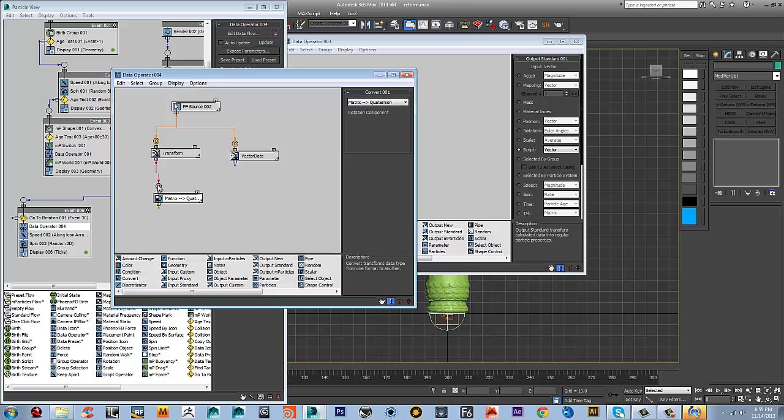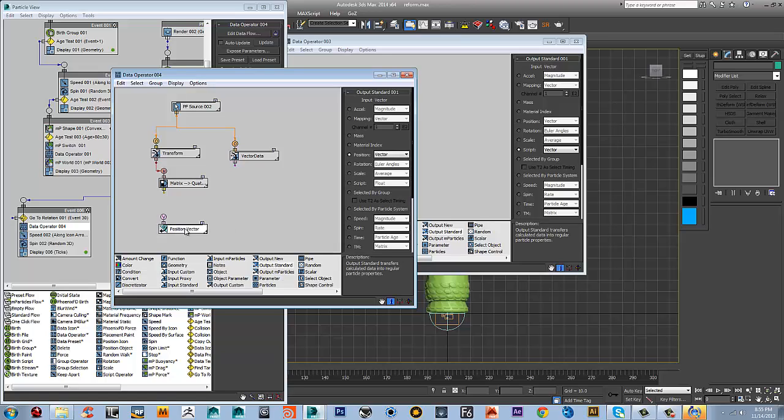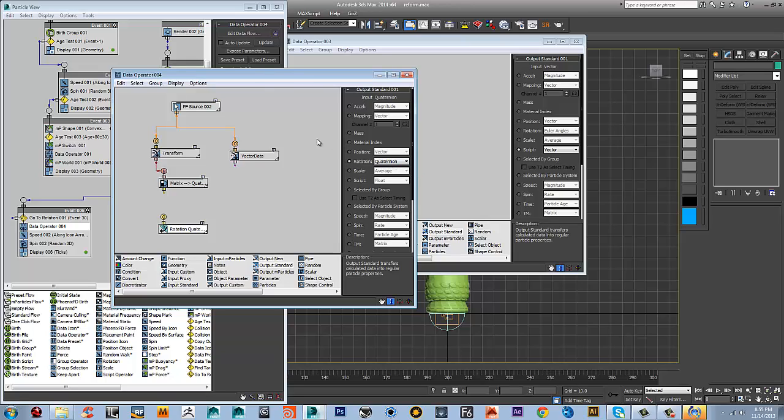Hook this one up and output standard. I'm going to change it to a rotation. I'm going to change this one to quaternion. Quaternion is basically a simple way to process a lot of matrix information and convert it to rotation information. I'm gonna hook this one too,